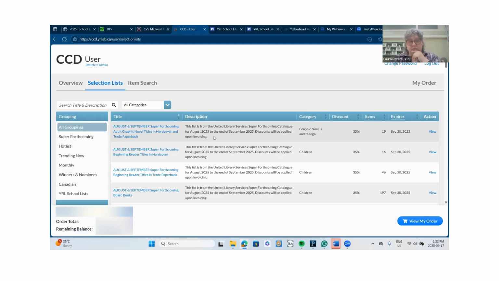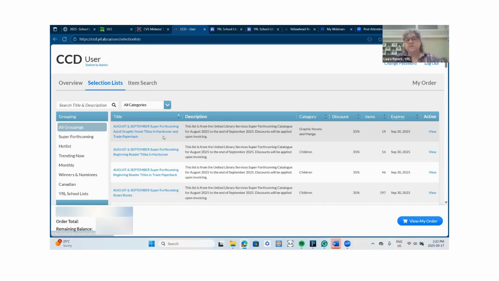There's always going to be quite a few available. Some are available monthly, some are available every second month. Others are only 3 to 4 times a year. And then the themed lists are just kind of random. We add them as we have time, and they're usually available for anywhere from 1 to 2 months at a time. So, just a really quick breakdown, you can see there's a little bit of a description,